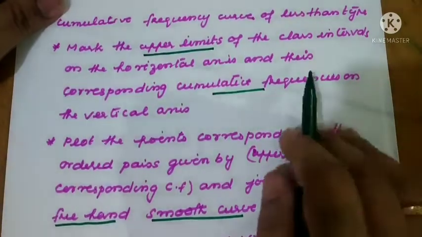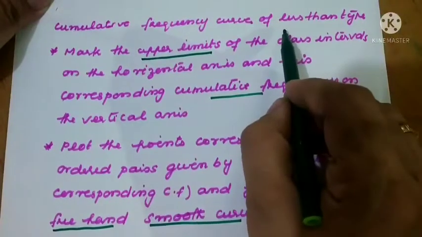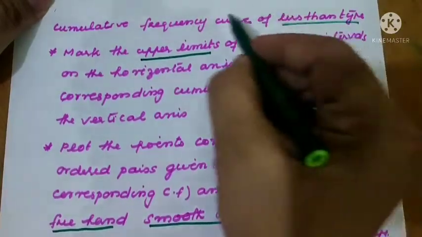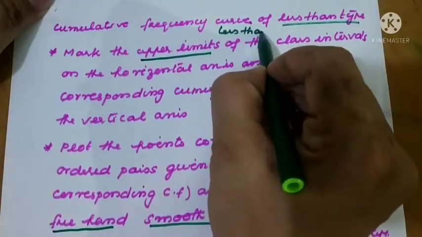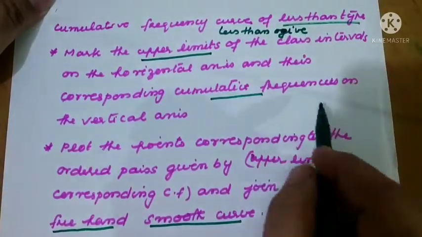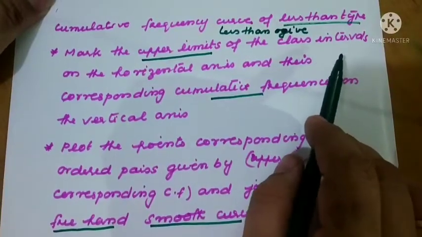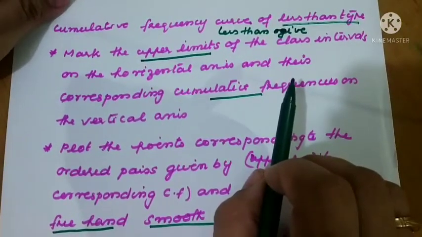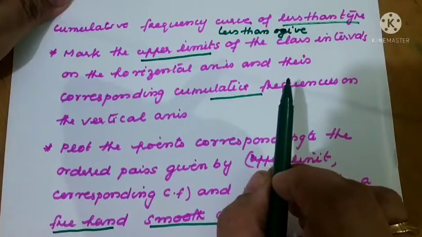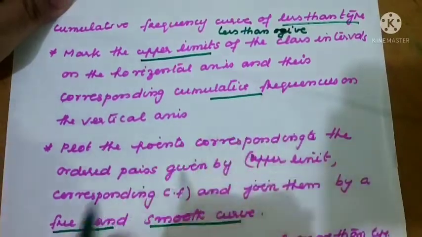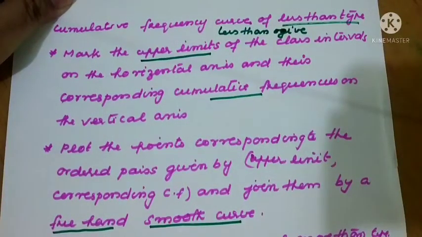This type of curve, a cumulative frequency curve of less than type, we can call an ogive, also called a less than ogive. The spelling is O-G-I-V-E, and the pronunciation is ogive. It is a shape consisting of a concave arc flowing into a convex arc, forming an S-shaped curve with vertical ends. In the textbook you can see the explanation. Think of it as a curve, because it's freehand, not a polygon style or straight line segments. It's a curve only.